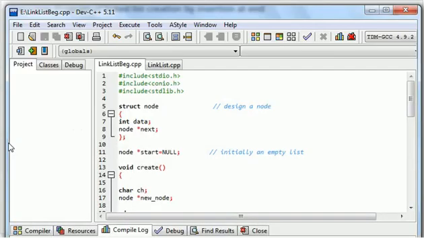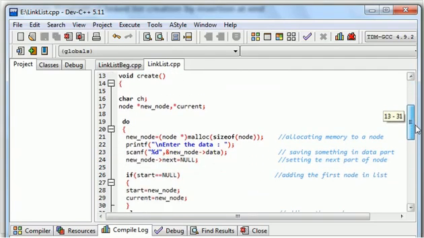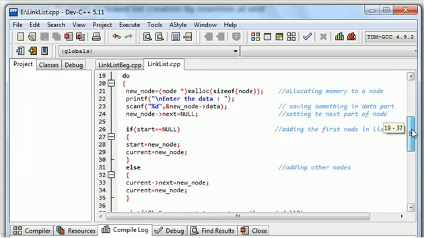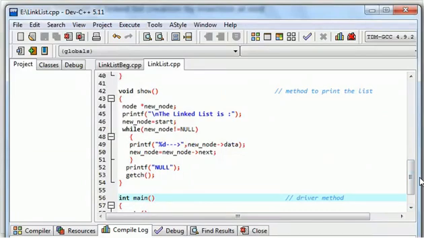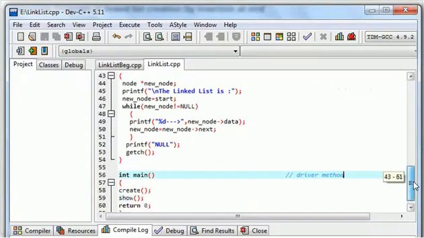So we have already seen the output, and look here, the program is written over here for you. It's totally the same program. You will not find any difference. The only difference is that along with saving the data value, here I am saving the next part also, which is null, because I am adding something at the end of the list, and at the end my address is null. And if it is not the first node of the list, then this is how I am going to make the changes, and the rest of the things are the same, because traversing is not going to be changed. If I want to traverse the list, I'll have to start from the start pointer and go until I get the null address. So everything is the same for the rest of the program.